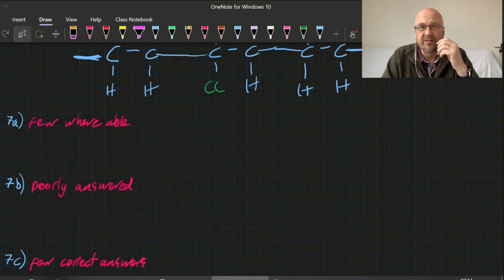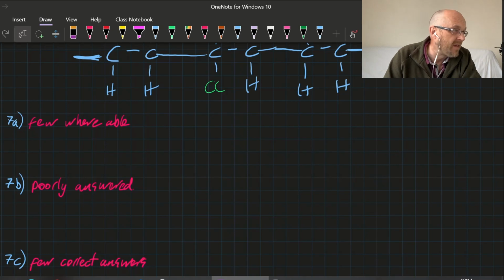So I must admit, I did look at this question before, and my best guess was, if in doubt, just say that benzene has the same length carbon-carbon bonds and the same strength carbon-carbon bonds. And that's almost always the answer. And I know that's right. All the same length. But they don't give it to you for strength. Isn't that interesting? So it's one point for saying that all the lengths are equal,